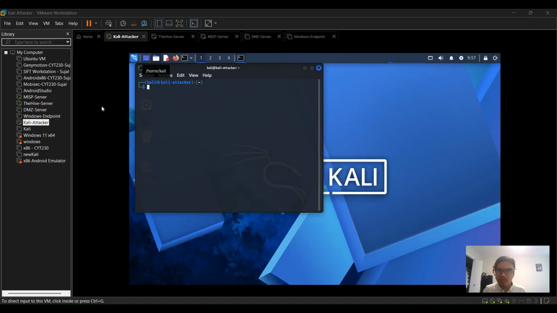Let me show you the live demonstration. Here are all our 5 VMs: the Kali attacker, the Hive server, MISP server, TMZ server, and the Windows endpoint. All are properly installed and configured with host-only network. Now I'll start by showing our network